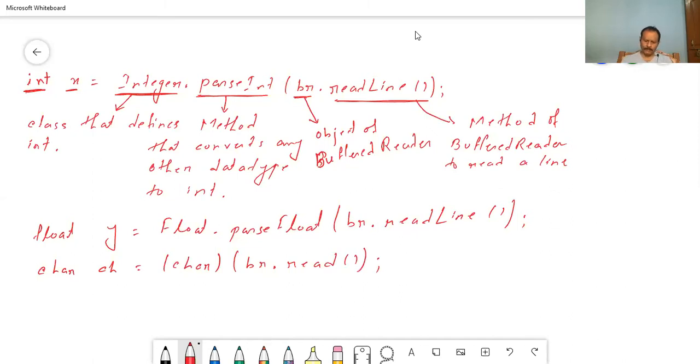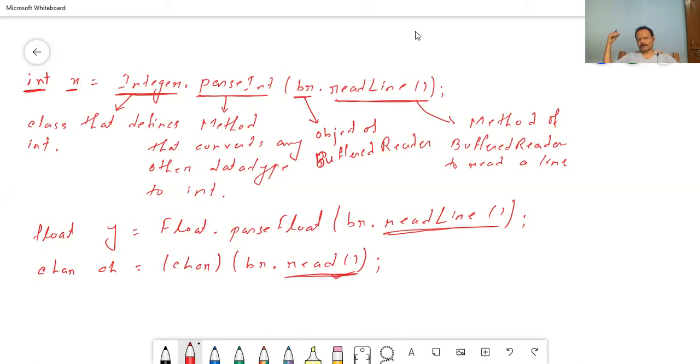Now you can see we have two methods. One is readLine, another one is read. So what is the difference between these two? ReadLine reads the whole line we are trying to enter, meaning until we press the enter key, whatever is entered will be read using readLine. But the read method only reads the first character, nothing else.